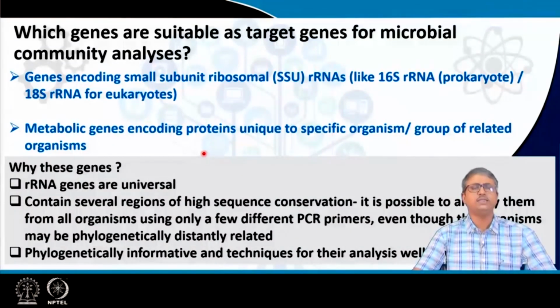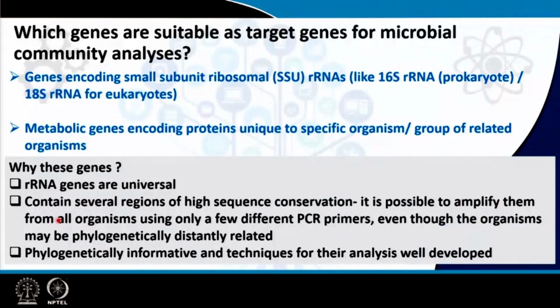Now, why these genes? Why not other genes? For example, ribosomal RNA genes are universal and contain several regions of high sequence conservation. That is, it is possible to amplify them from all organisms using only a few different sets of primers, even though the organisms may be phylogenetically distantly related. So, almost all the community members, even if you have 4,000 to 5,000 species in a community, their 16S ribosomal RNA genes are going to respond, or supposedly they will respond